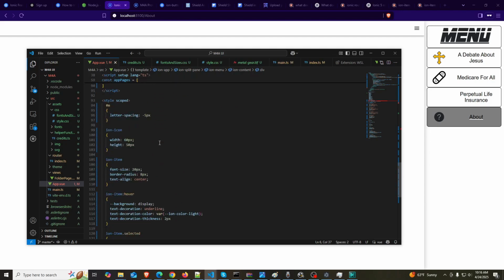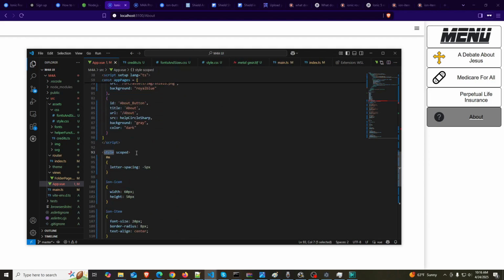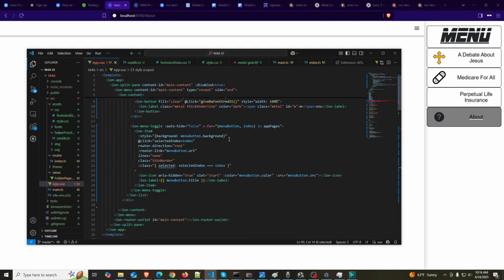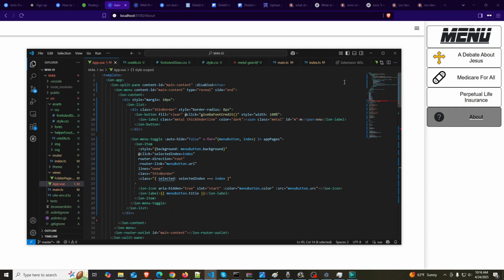Something else I didn't mention about the style. This scoped word right here makes it so that this styling only affects this file. If the scoped wasn't here, it would affect the whole project. But yeah, okay. So we see this is